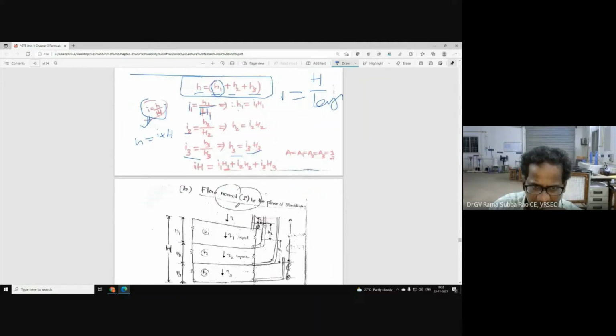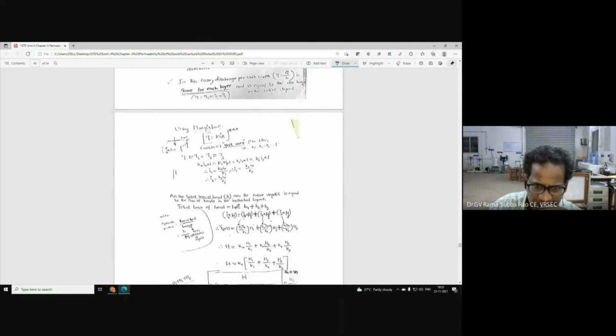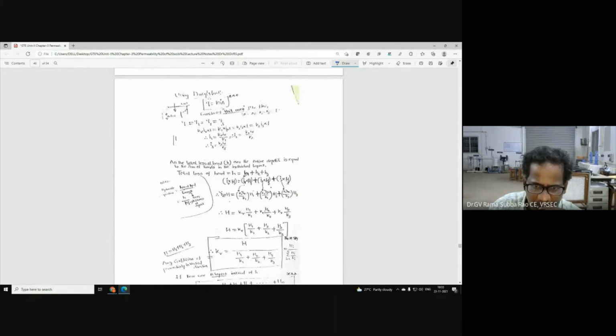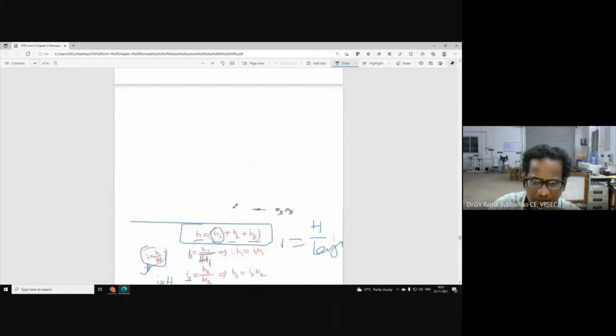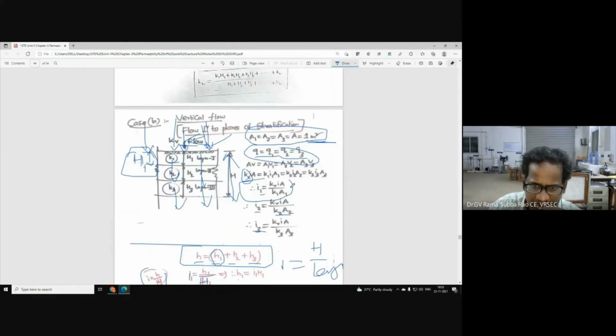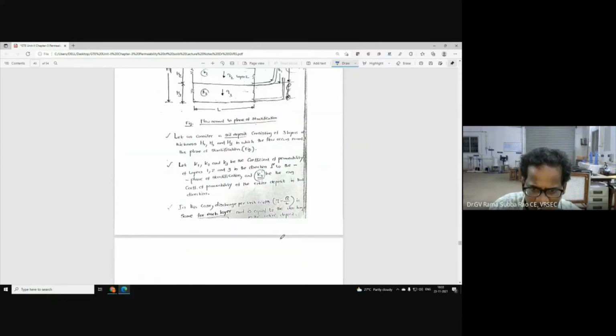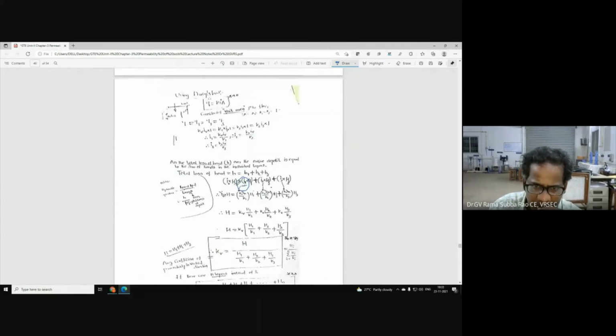Now let us proceed. The way we are getting the answer here, we know i1 because initially we worked out i1 is equal to KV i A by K1 A1. i2 is equal to KV, the permeability of the entire deposit in vertical direction, i A by K2 A2. i3 we have. So now let us substitute i1, i2, i3 here, because i H is equal to i1 H1, i2 H2. Now i1 is equal to K i by K1. As you know, area is 1. Now there is no issue.